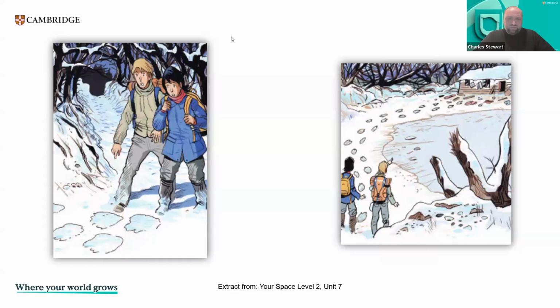So with these, the first picture here. In the chat, what do you see in the picture? Footprints or animal tracks? Yes. Emotions? Absolutely. The look on their faces. A long path? Yes. Imagine that I was there with them and I took this picture. What do you think happened just before I took the picture?